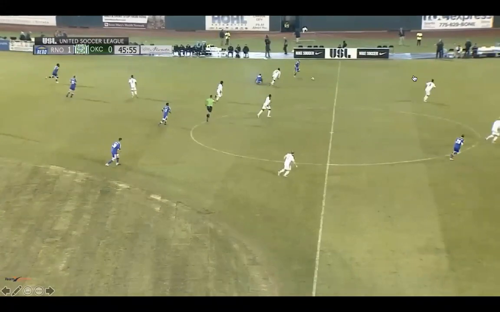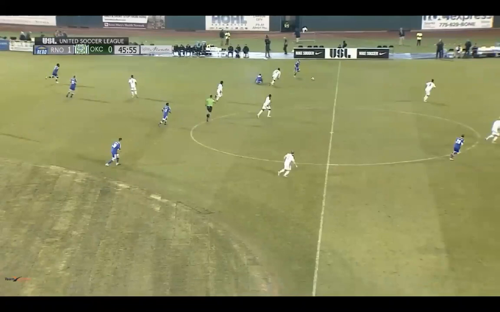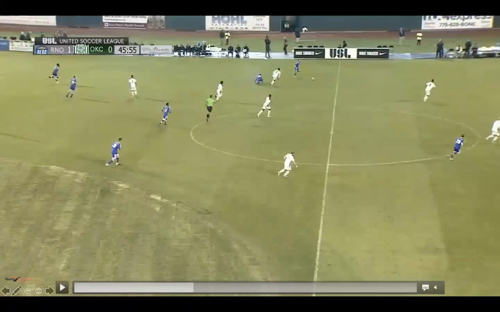Question here, also in front of the technical area, does that make you more likely to call it? Not really, because again, the severity of the foul is not very high. This is just a simple pushing foul. It's a holding foul, pushing foul. There's not enough severity for anybody to get really upset about this. Now, these players and technical staff are not going to get upset because they can read the game and see this opportunity developing. So they're going to be calm for a couple minutes.